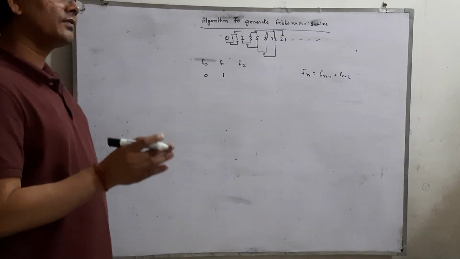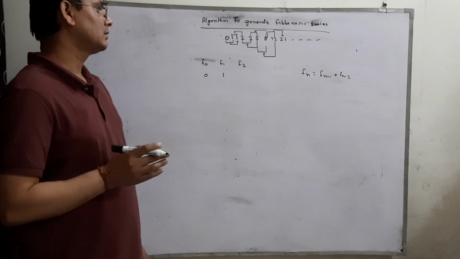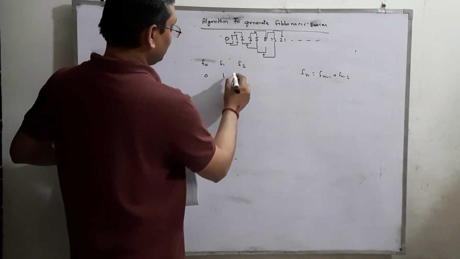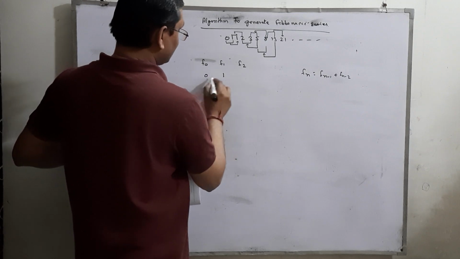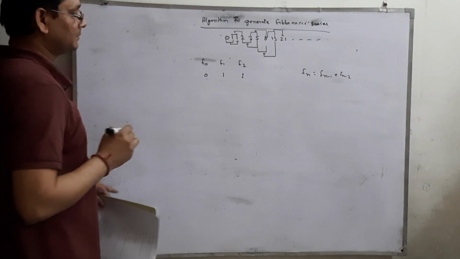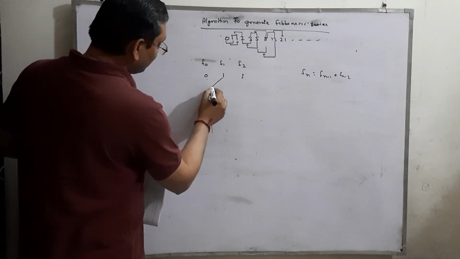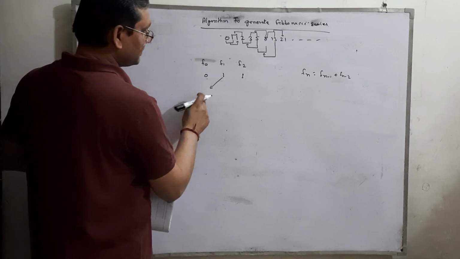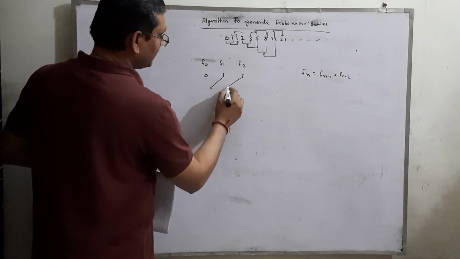It means the sum of the last two numbers is the next number. So the sum of F0 and F1 becomes F2. Now F0 becomes F1 and F2 becomes